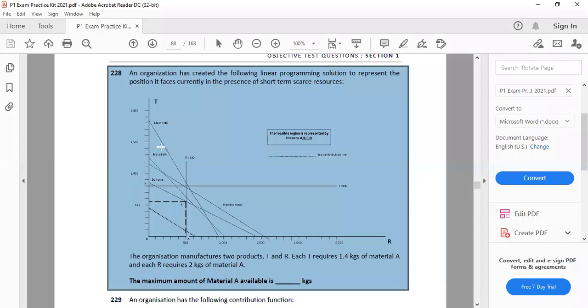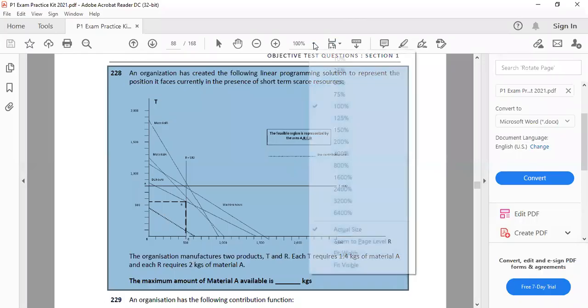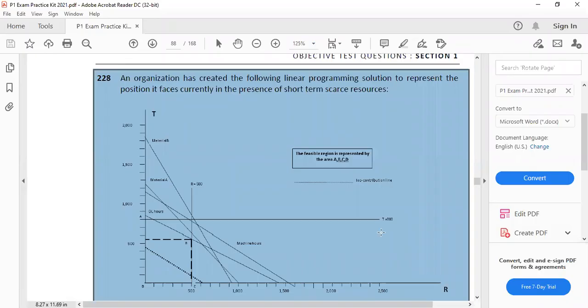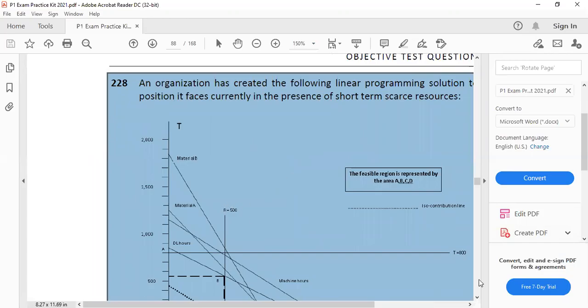Help me out with this figure. The organization manufactures two products T and R. Each T requires 1.4 kg. T is here, R is here. T we see R is equal to 500. I was not able to figure it out. So the image, when it is made big,